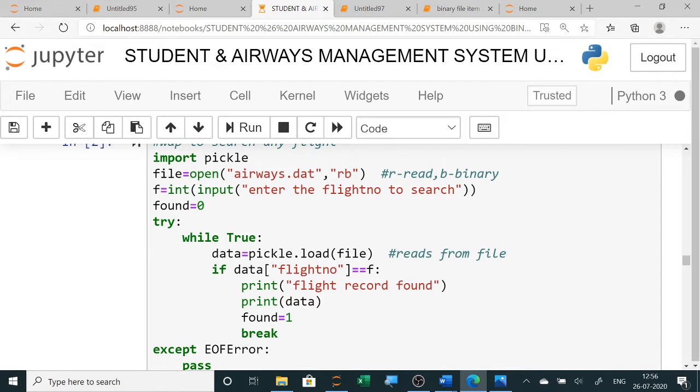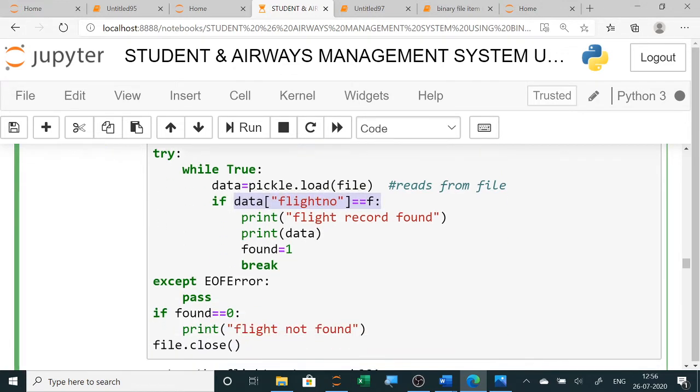Then you check the flight number here. I have already told you only this line matters while searching. In board questions till last year in C++, all the questions were to search and display. Sometimes they ask to search and then write the selected records in a different file. That also we will do. From one file we have to write in a second file.